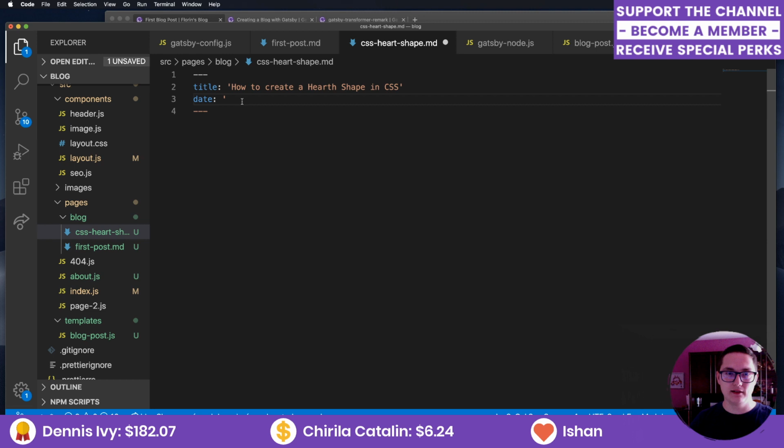So I guess 13/04/2020. And we also need a path. So where do we want this path to go? Can you add posts from the browser? Well,